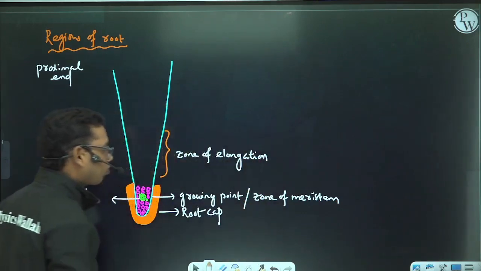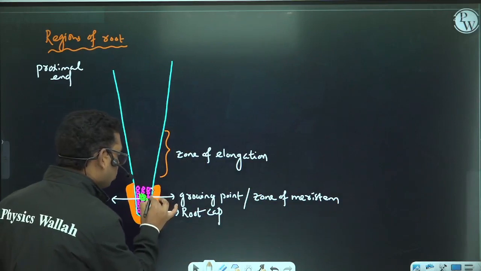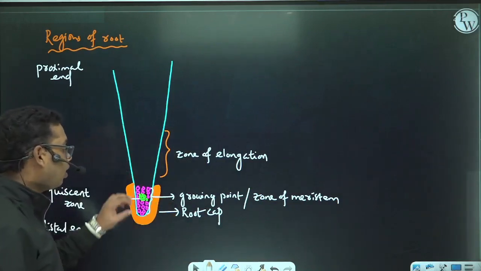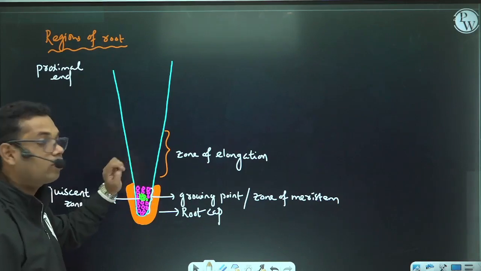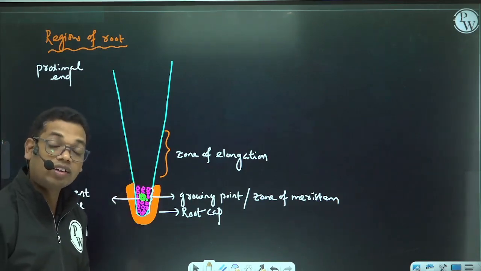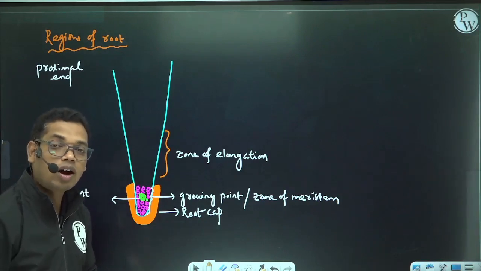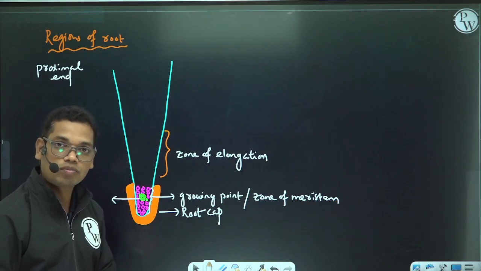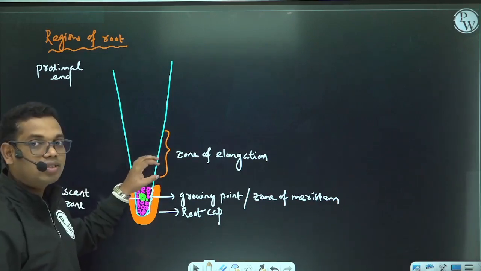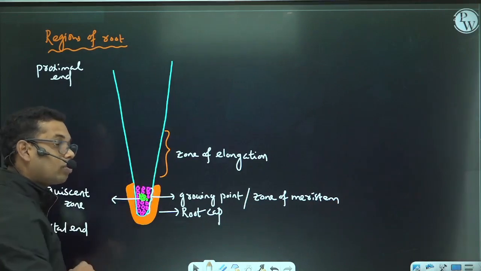Zone of elongation. In the zone of meristem, the cells are dividing, but in the zone of elongation, the cells are non-dividing, but the cells are highly elongated. How do they get highly elongated? Because of formation of vacuoles. And because the cells undergo elongation, this zone will be responsible for growth of the